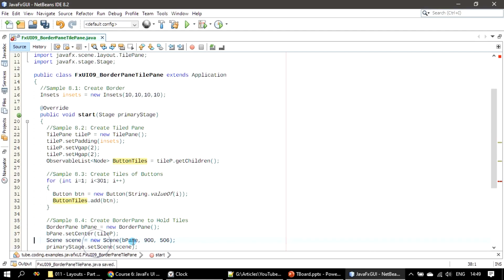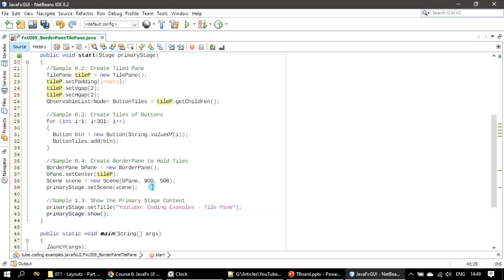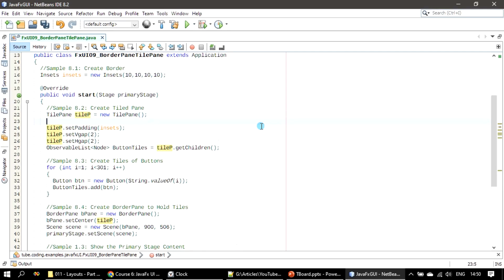Then to the scene we are setting this border pane, and to the border pane we are setting our tile pane. If you see, the tile pane is nothing but 300 buttons. Then to the border pane we are setting the tile pane, and we are setting the primary stage with this border pane. Finally, we show the primary stage to the user, and